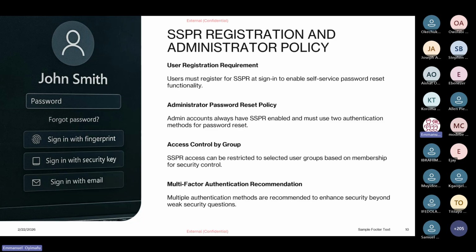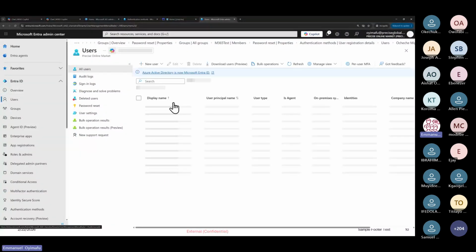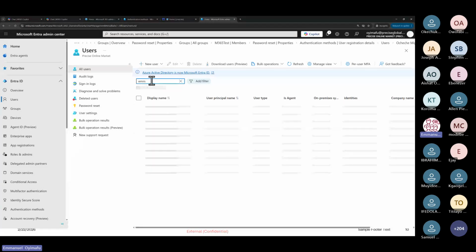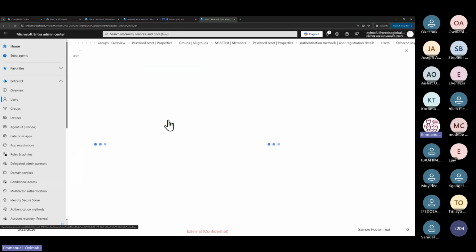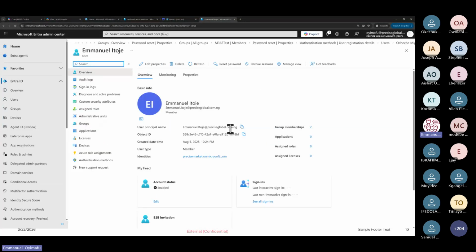So where is this user? Let me test with Emmanuel Itoje. Let me come to users. Before I use him, I need to register for MFA first. So let me go to Emmanuel Itoje. Then I'll reset his password so that I can log in and register for MFA.